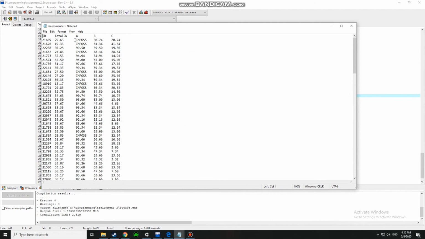Here is the result. For example, the total coursework mark of student 21609 is 29.63, which makes it impossible to target for the second